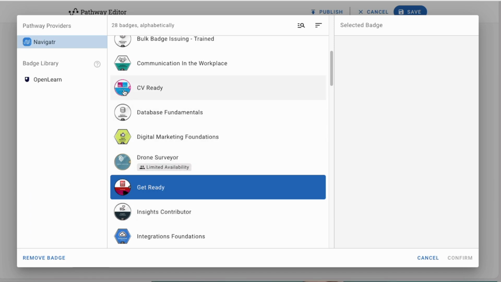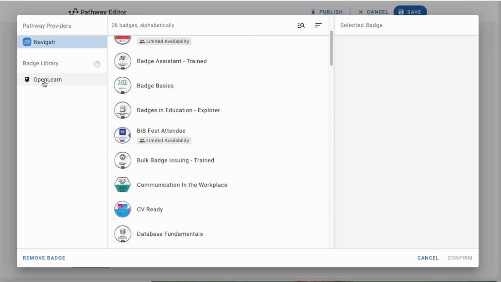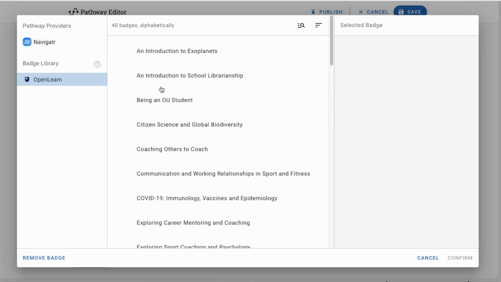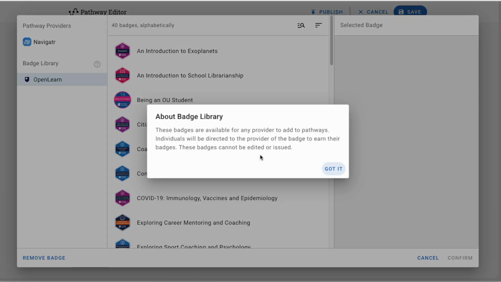Thirdly, I'd like to add an OpenLearn badge. So in addition to the badges which are available to my provider, now there is an open badge library that I can access as well. And in here, the first set of badges in the badge library are the OpenLearn badges. The badge library are a set of badges which are available to all providers to create pathways with. You won't be able to issue these badges. The badges will be issued by Open University,